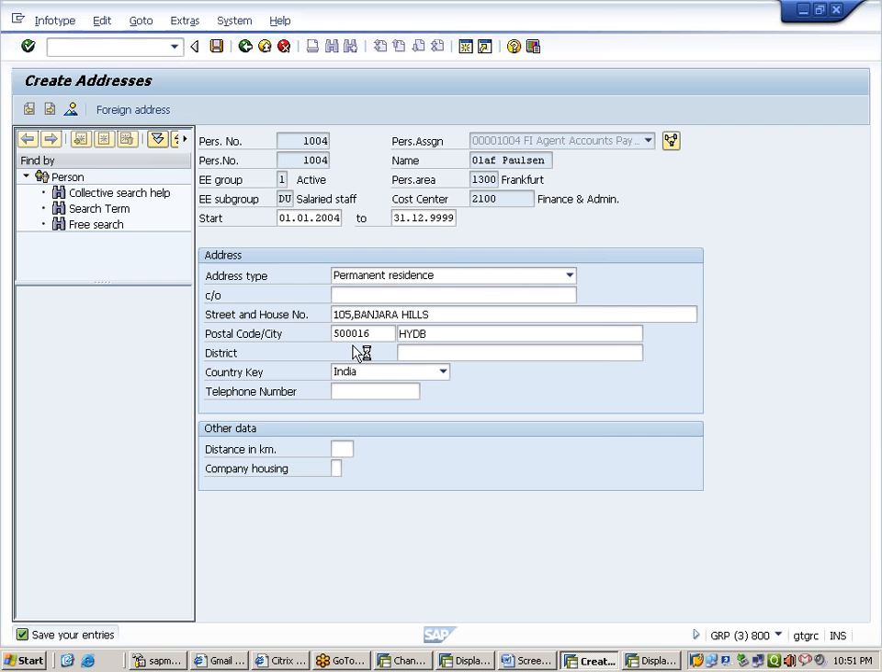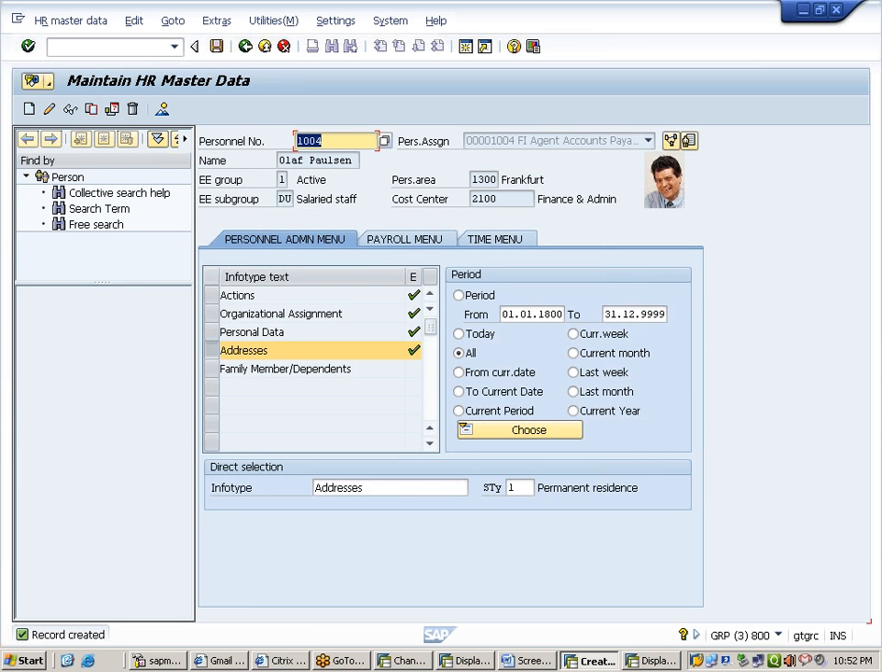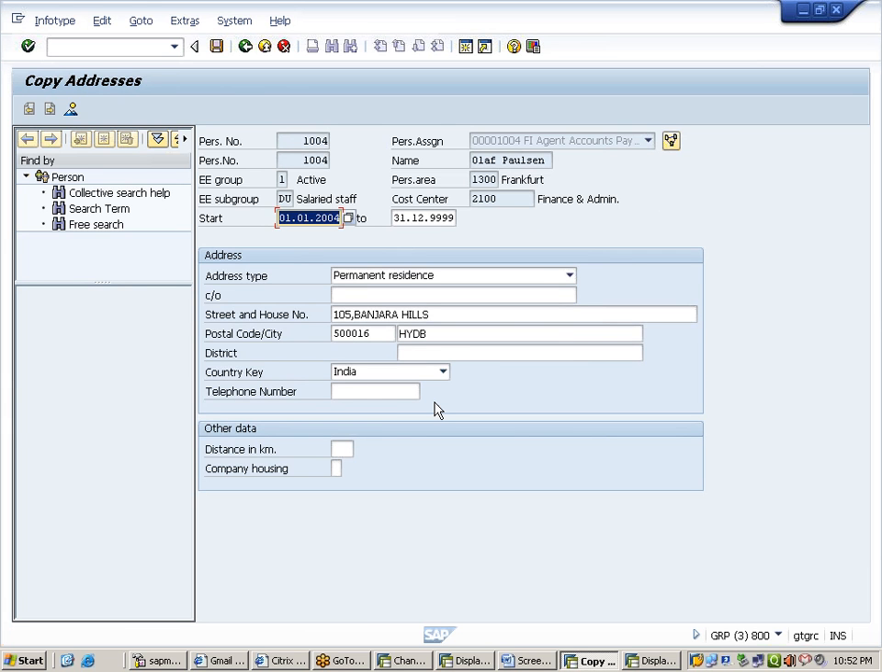Why is it taking so long? It is saved. Now, if I go to copy, which record will be marked for copying? The recent one. See, I went to copy. I got 1/1/2004. Now see guys, without changing anything, if I just press enter